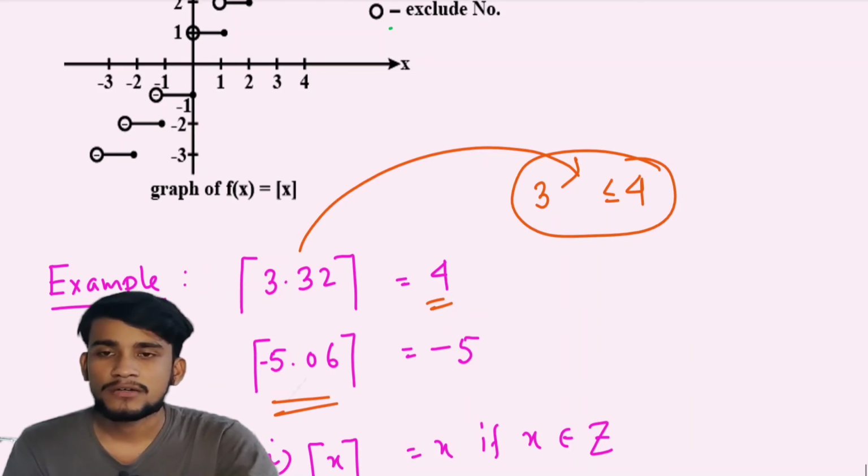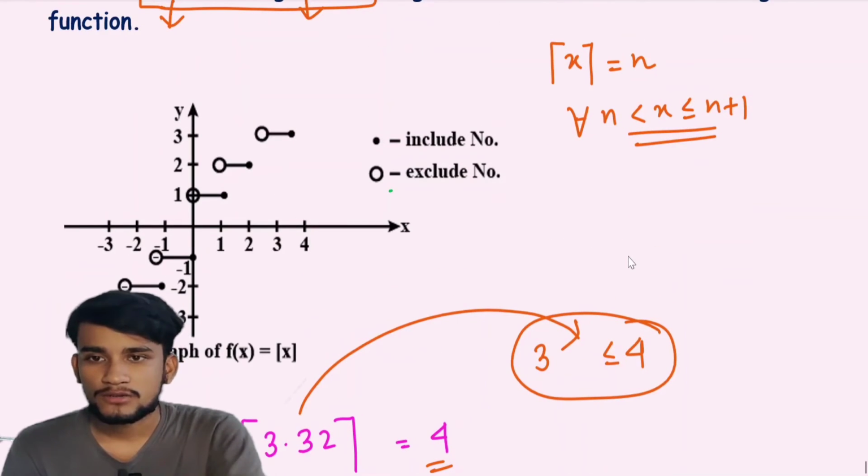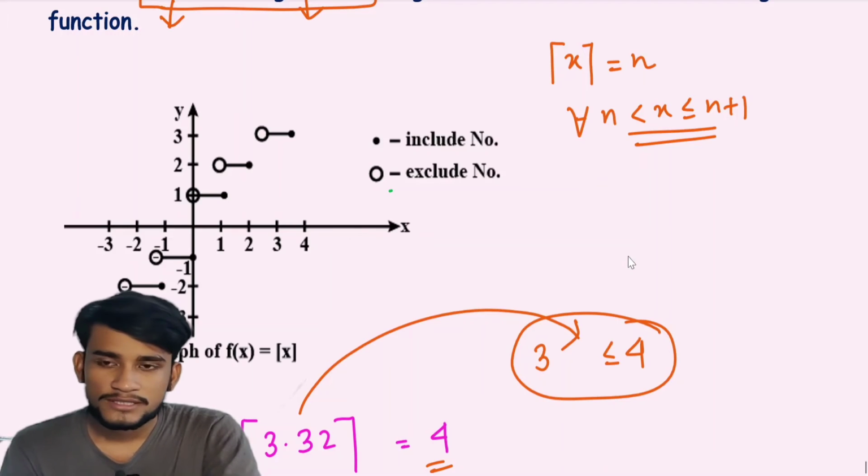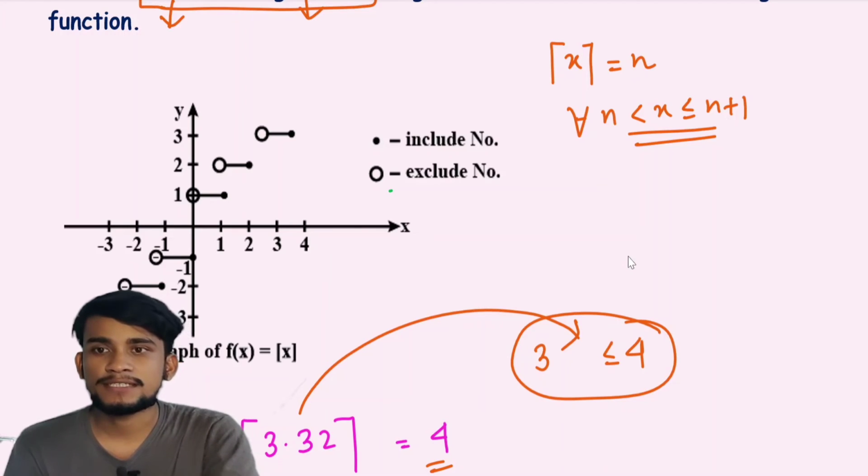Also for the negative case there are two properties, we come to that point. Before that we discuss this graph. Now this is the least integer function, that is, it is known as